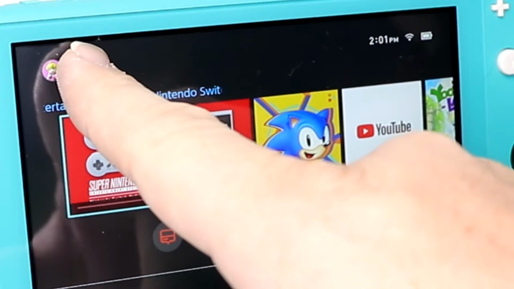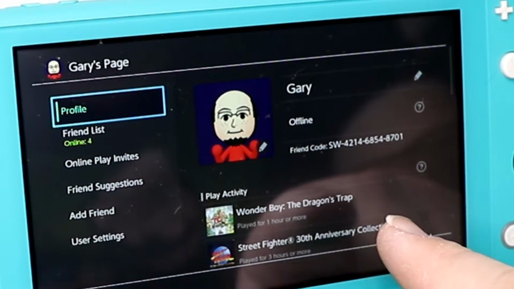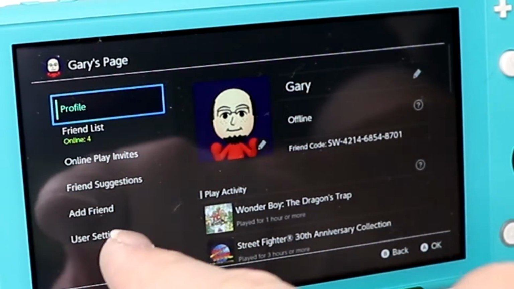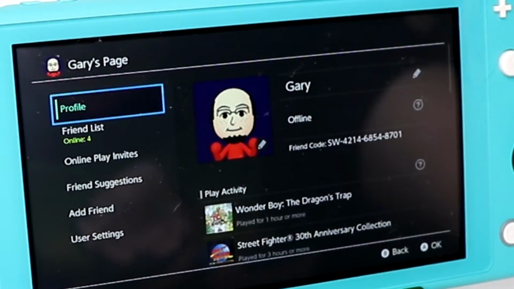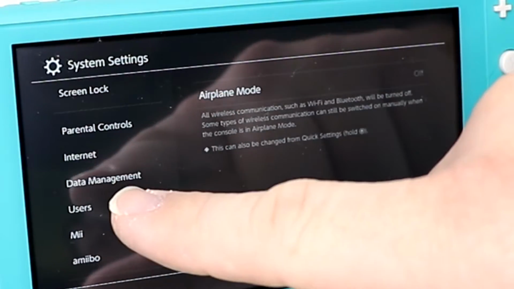I can also go in here, let's go and check my page. So there's my friend code, SW421468548701. Shows my recent play activity and everything. So, good. The one last thing I want to do is go to my save data, data management,